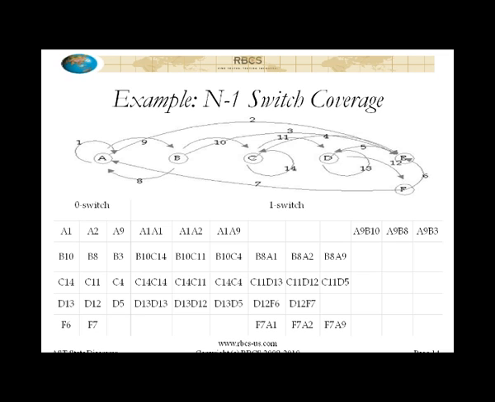I don't know why. Obviously, this would have been more comprehensible if you called it one switch for one transition long and two switch for two transition long, but he didn't. So zero switch refers to covering all transitions of length 1. One switch refers to covering all transition sequences of length 2. Now, they have to be possible